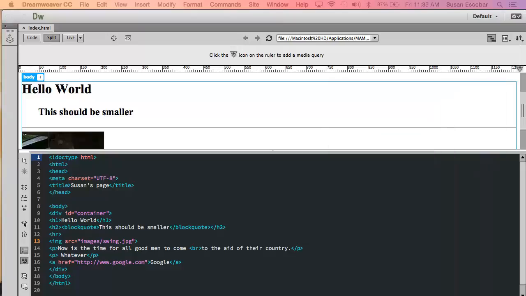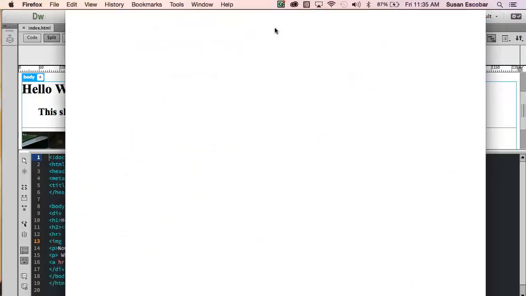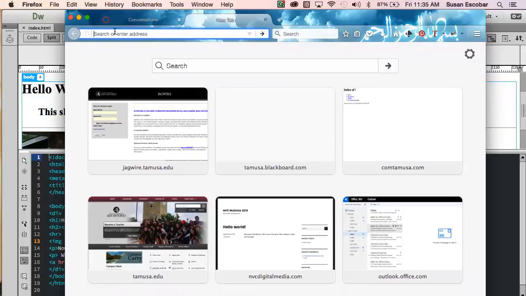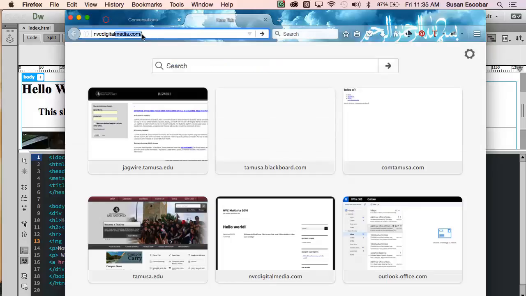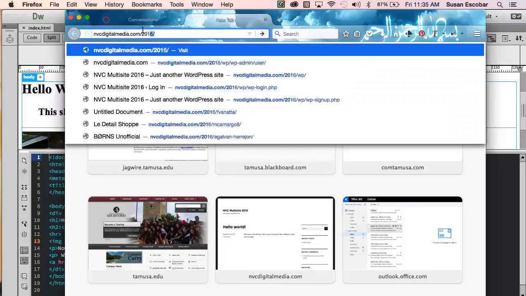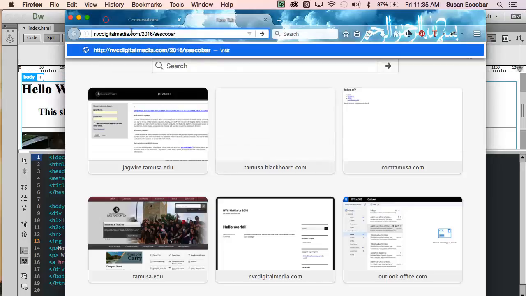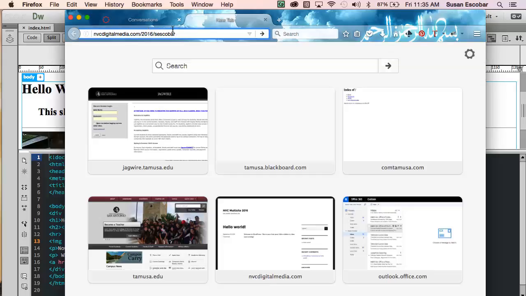Now your location is a little bit different if you want to test your sites. The only thing that's going to be different is you're going to have to put in 2016 here. And the reason why you have to put in the 2016 is because that username and login that I gave you goes directly into this 2016 folder. So we never actually have to put that into our server setup because it's already there as part of the username. But if I go here and I go into my folder,